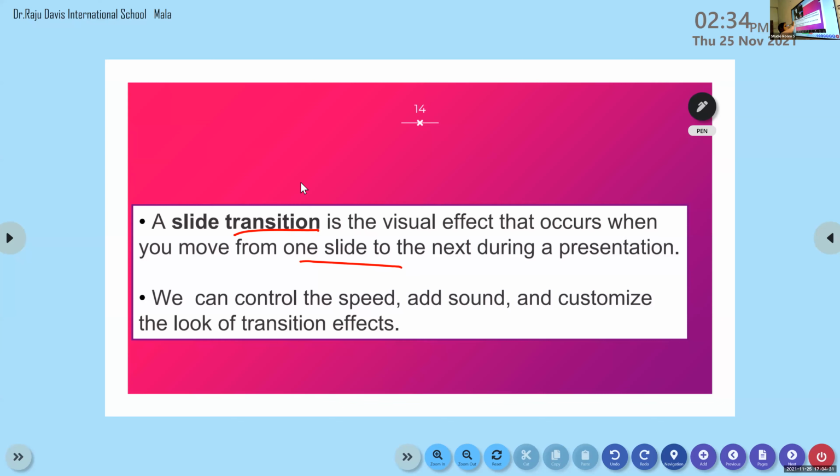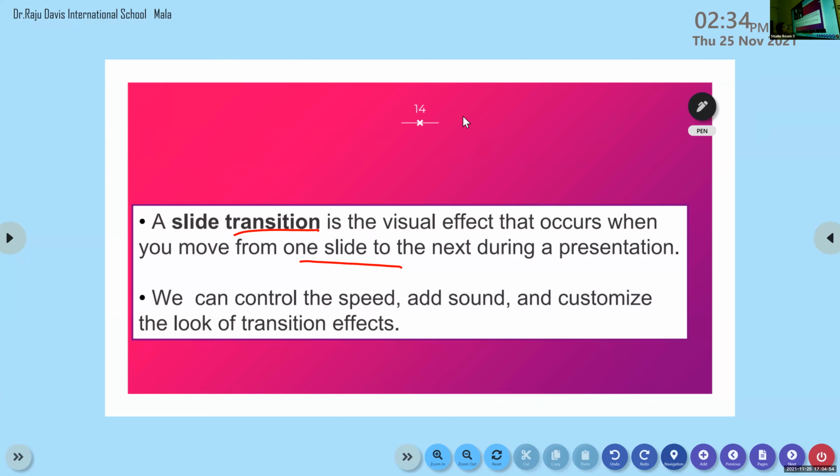If you want to change the effect related to an object, we will use animation. What if we want to change the effect of a slide? We will use transition. If you want to change the effect of a slide, we will use transition.